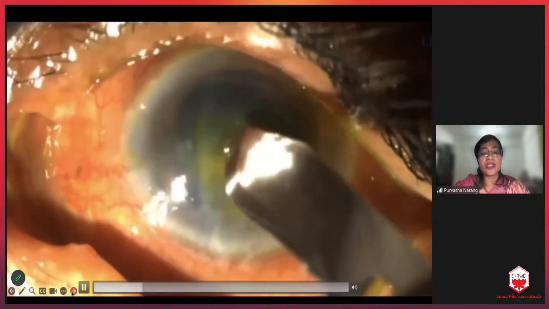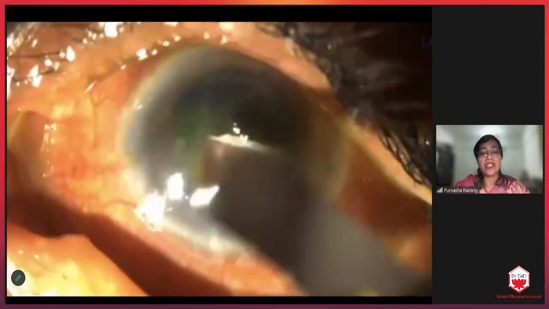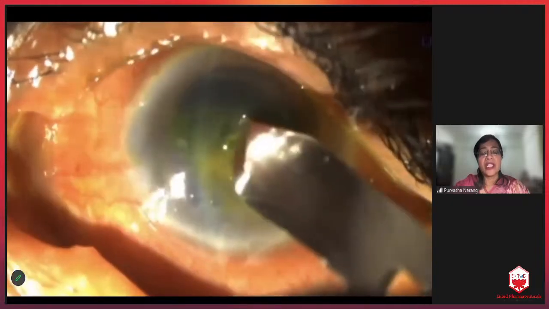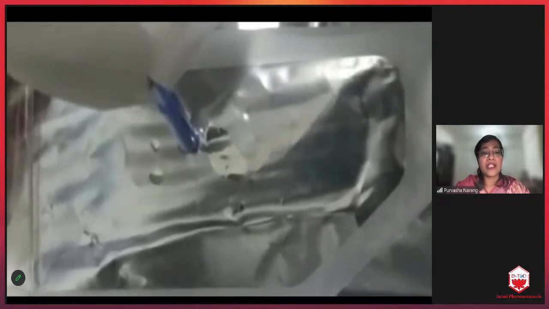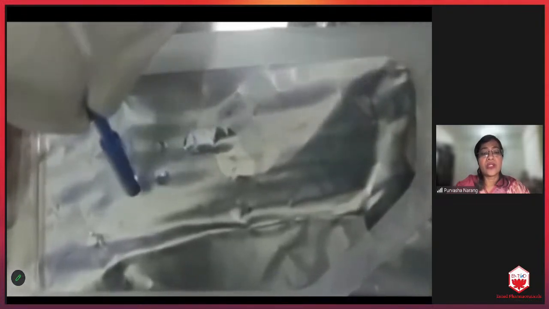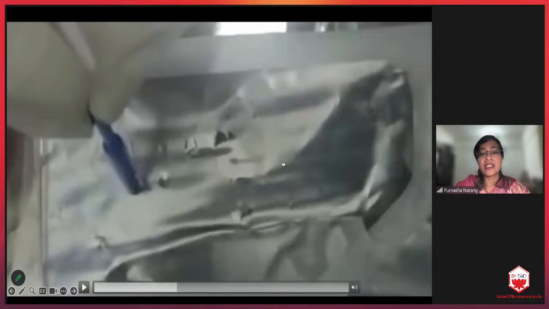Now what happens is we just take a 15 number blade and scrape the epithelium around the perforation very gently, so that the glue, which is now going to polymerize, gets a base to stick to and then bridge this perforation. So this is the removal as well as the debridement of any debris which is present. The back of the spear, as I showed you, is touched into this drop of the cyanoacrylate glue, which is placed onto a sterile surface like the inside of the sponge packet that you open. Again, we can utilize it, preferably not any cotton or cloth surface.